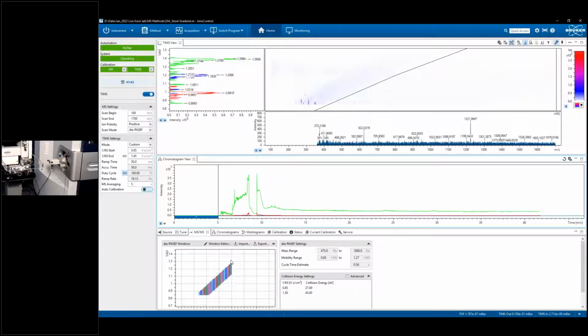So, and I'll talk more as we go through later on about how this is working, and how we can actually develop methods. But in the interest of time, because we actually want to get a data file acquired, I'm going to move straight on into acquiring an actual raw data file itself. One of the first things I'm going to do before I actually start the acquisition, though, is to calibrate